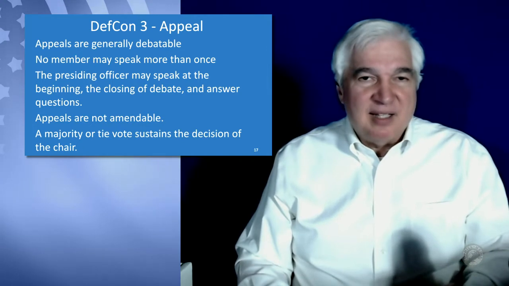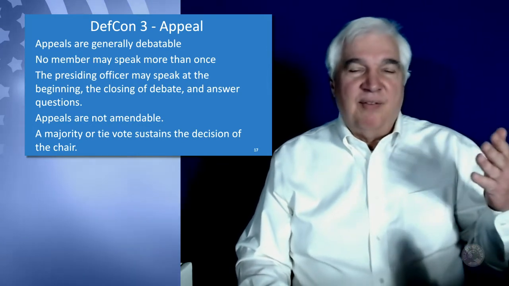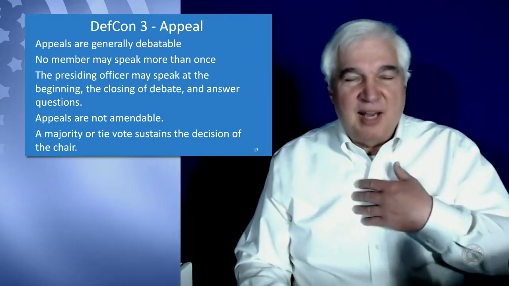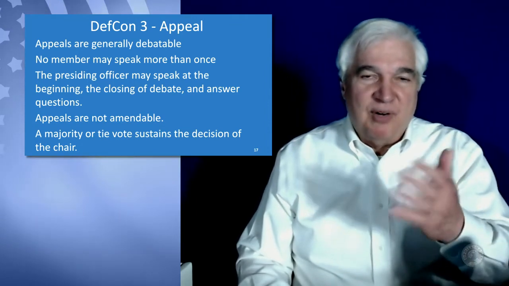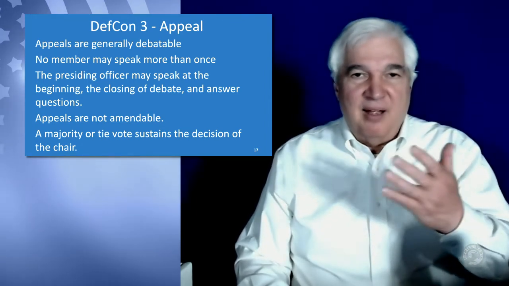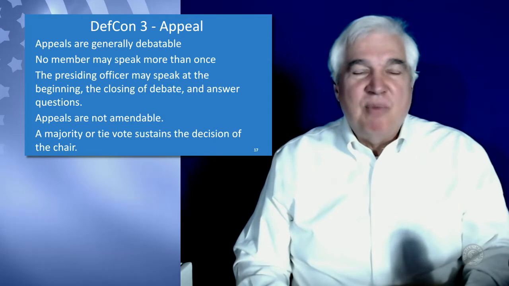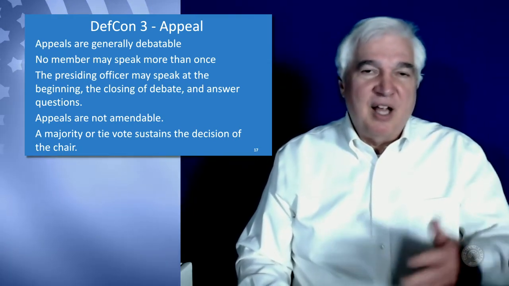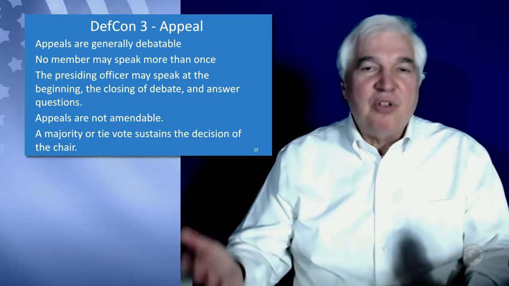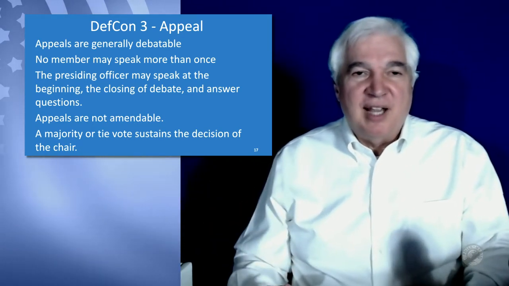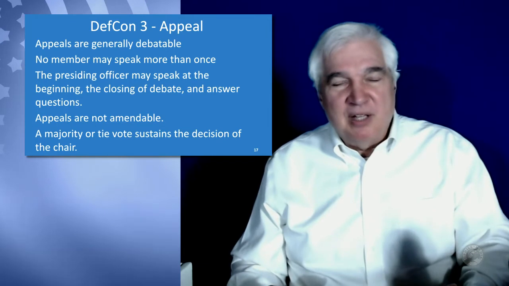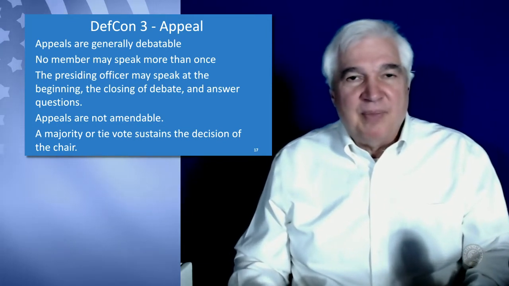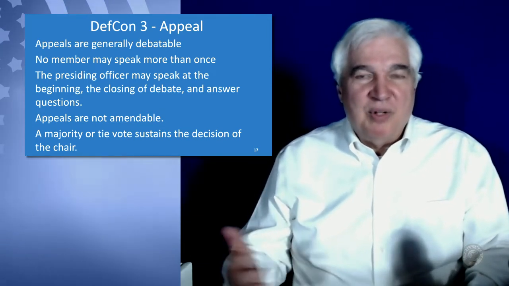So again, the process happens in this sequence. Say I say point of order, the chair says, "What's your point of order?" And I say, the previous motion was out of order for such and such reason. And the chair says, point not well taken. And then I say, I appeal the ruling of the chair. Then the chair says that the ruling of the chair has been appealed, and so we will take a vote on this.